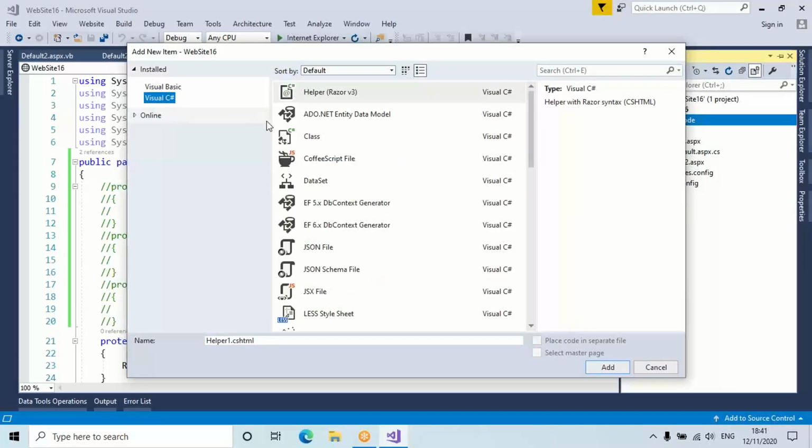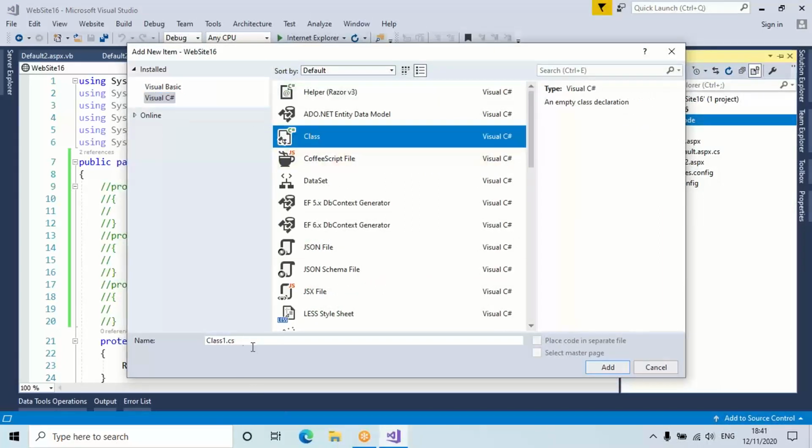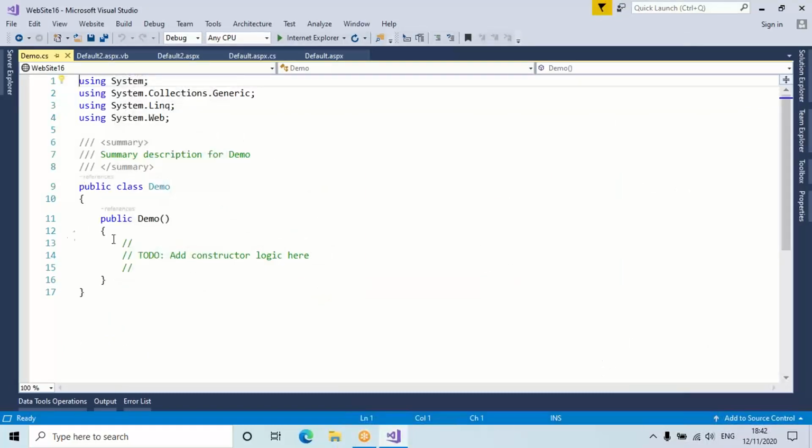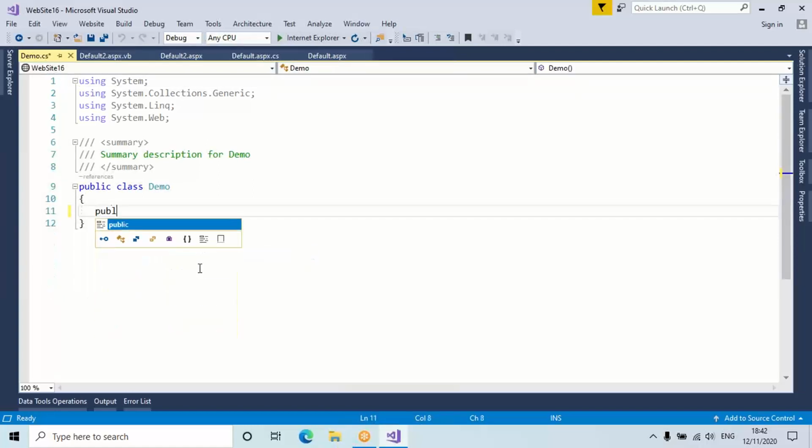C# class. Default name you are getting is Class1.cs. I'll change it, please. I don't want Class1. I simply write Demo. Go for it. Yes, class Demo. I'm not interested in this constructor and all. I just want to put my own method. Public string GetInfo